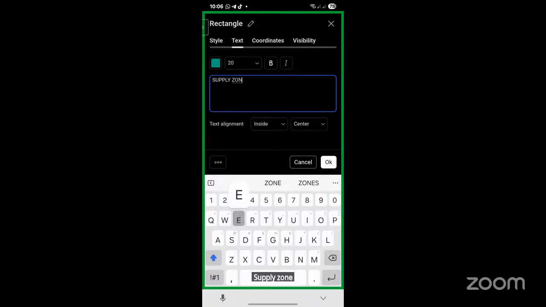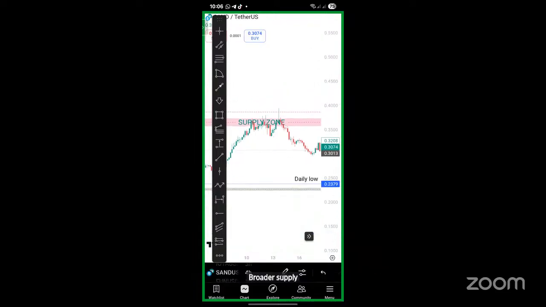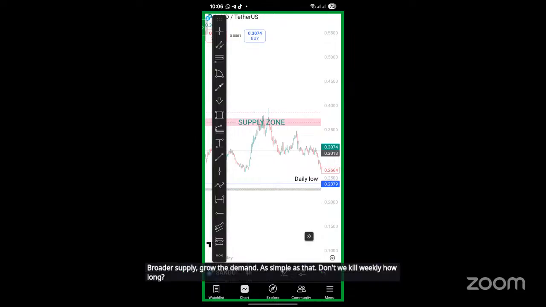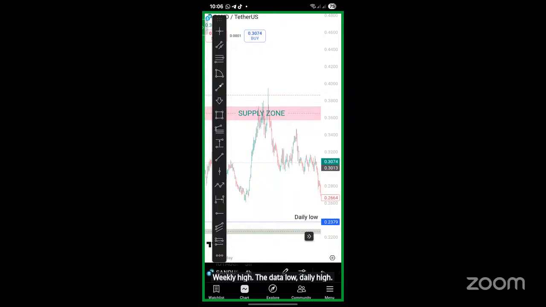As simple as that. You go in your chart, draw the supply, draw the demand. Draw the weekly low, weekly high, the daily low, daily high. Simple. Just go to your chart,